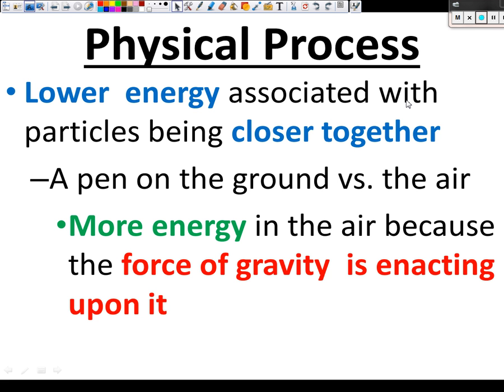So, lower energy is associated with particles. Now, when I say particles, what am I referring to? Atoms and molecules. Okay. Lower energy is associated with atoms and molecules being closer together. So let me give you a real life example. All right. So, Mason. If I wanted to have a conversation, if I was